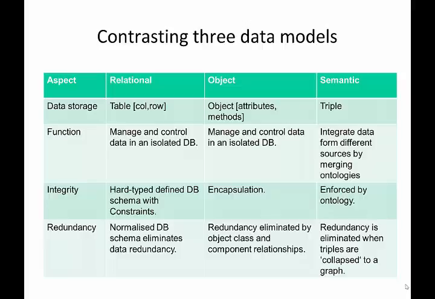If your object classes are correctly defined, your attributes should be defined at the correct level in your hierarchy, also preventing duplication. In the semantic web, redundancy is inherent in the triples. If there was no redundancy between the objects, then you wouldn't be able to collapse your graphs. And it's the collapsing of the graphs which removes the redundancy from the